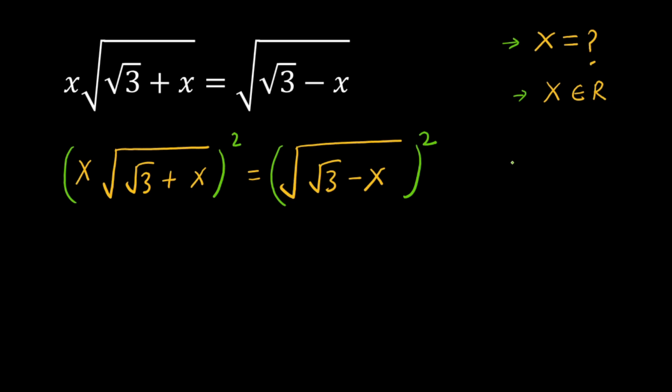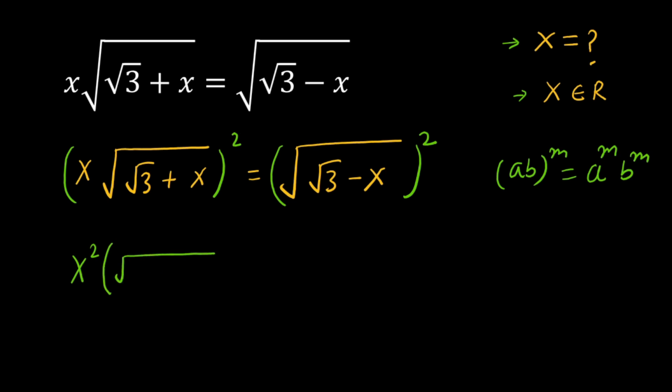Then on the left hand side we will apply the rule (a times b) power m is equal to a power m times b power m. If we apply this rule here, then x square times square root of 3 plus x squared,